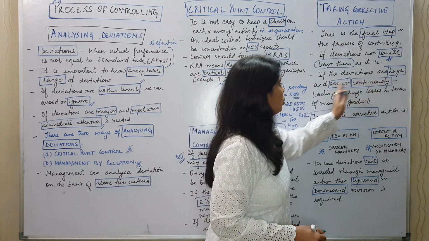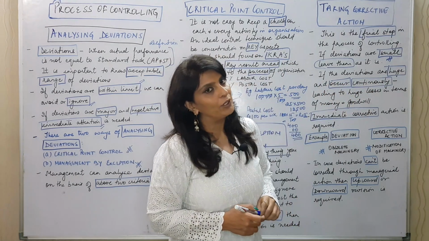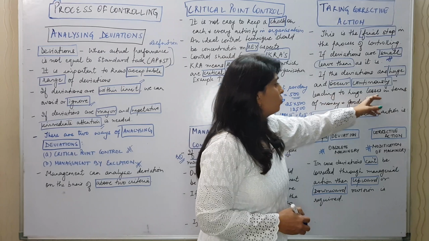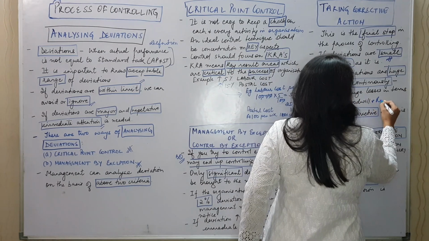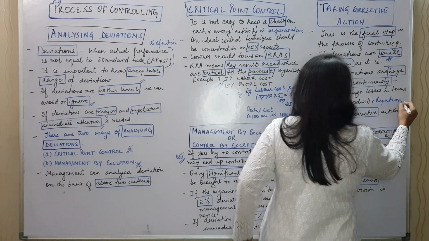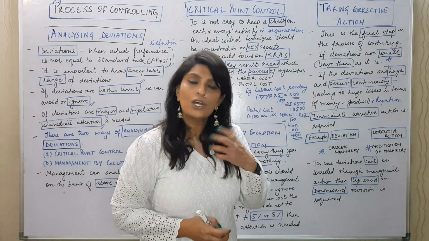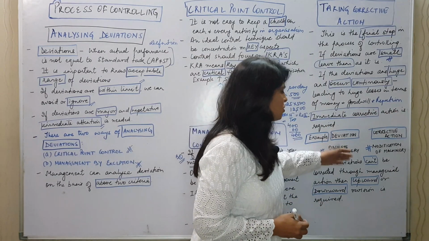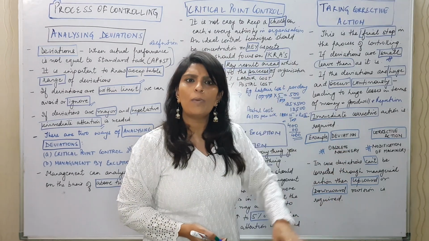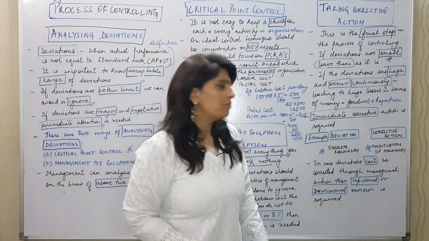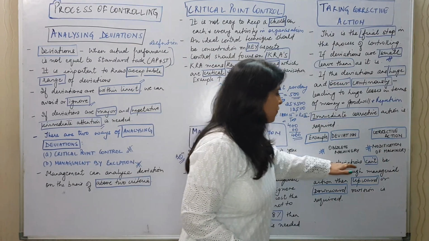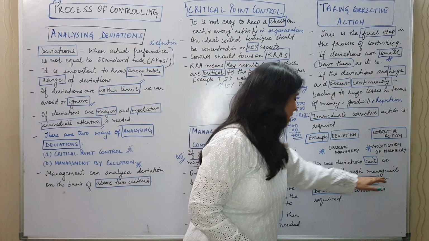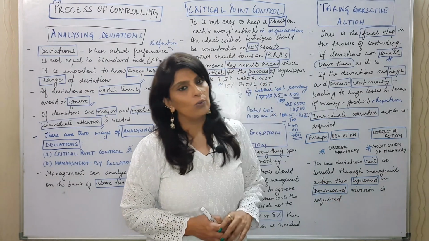If the deviations are huge and occur continuously, they will hamper your goodwill, leading to huge losses in terms of money and goodwill, or reputation as well, in real terms. Then immediate corrective action is required. Example, the deviation is obsolete machinery. You know that there is going to be a breakdown in time with the obsolete machinery. Modification or modernization is required. In case deviation cannot be corrected through managerial action, then upward or downward revision is required.